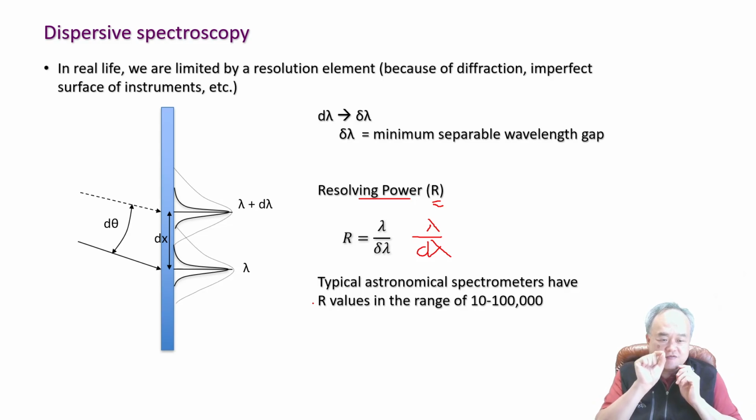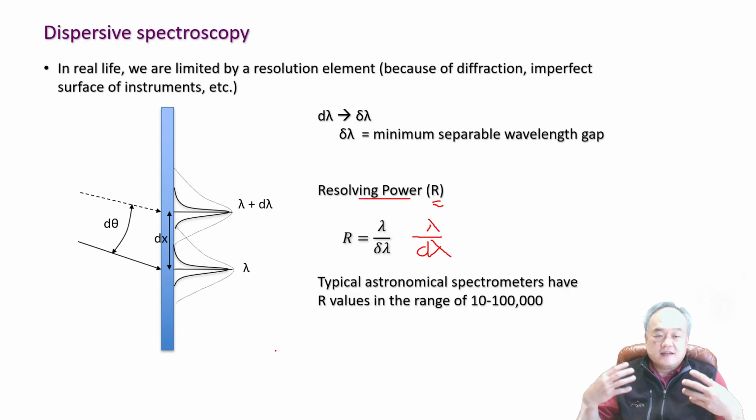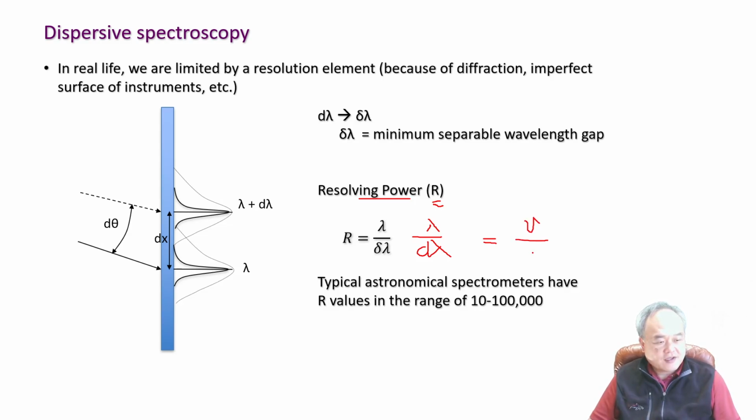Sometimes you need really high resolving power, such as 100,000. The resolving power typically used in modern-day Doppler shift measurements, like the radial velocity measurement of a star,